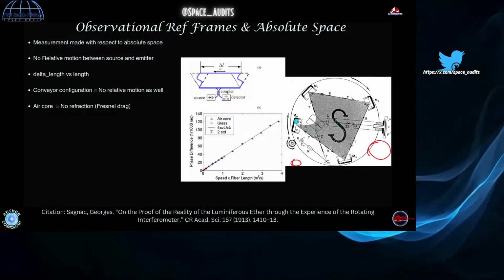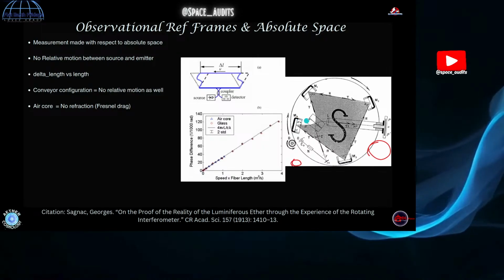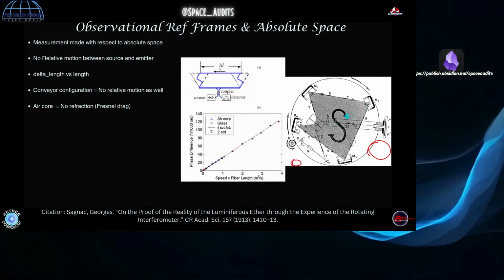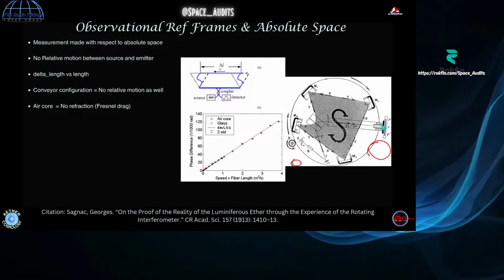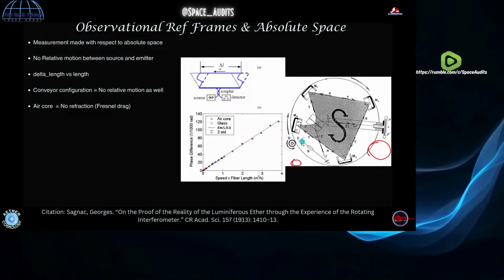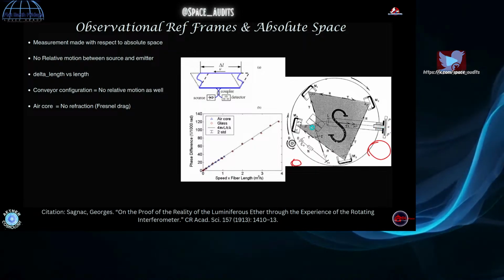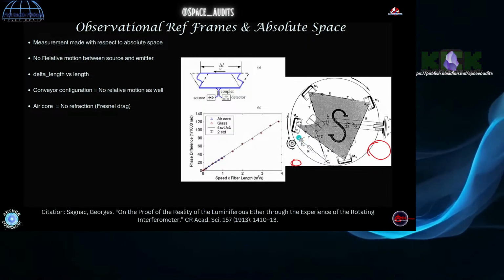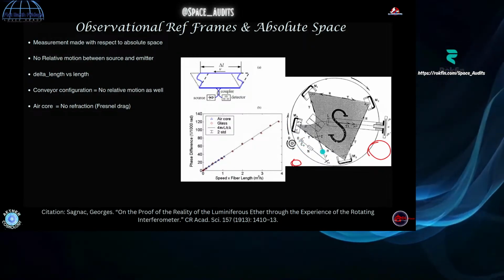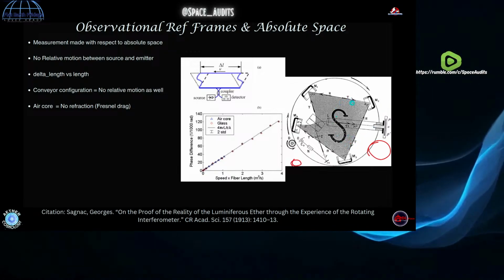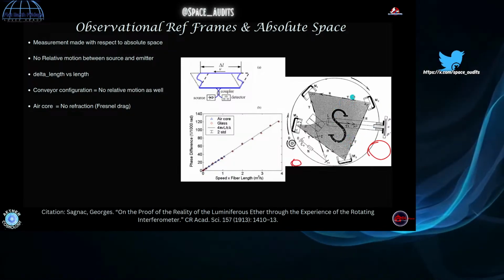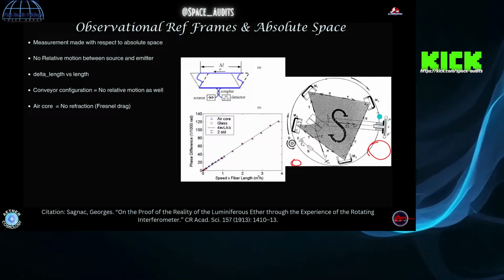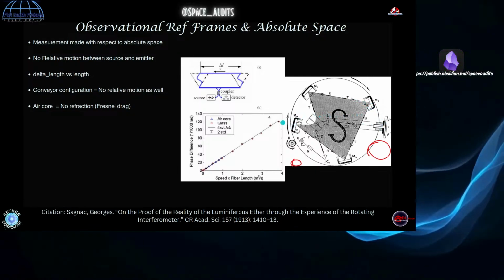So saying that it's not an inertial frame, or that it doesn't apply, isn't really relevant, because you can use the equations to describe it. In reality, the observer is fixed here at the rim. The source is fixed here. There's no relative motion between them. The only thing that would be able to measure that would be if you could take a snapshot of a fixed point of this rotation and preserve the path length as this rotates, to have a timing difference in the clockwise and counterclockwise speed of light as it traverses its circuit here and then recombines to make the measurement. That would be the only way that you could describe that.